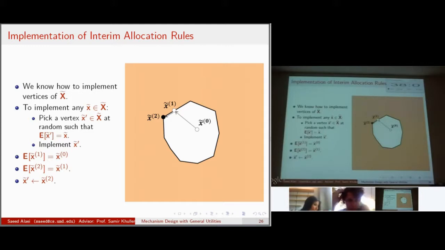Basically, what you want is that if I give you a type profile, I'm asking you to give me an allocation which is drawn from the distribution specified by the ex post allocation rule. And to draw an allocation from that distribution, what you can do is the following. You take this interim allocation rule, you round it to a vertex, and then for a vertex, you know how to implement. You just take the vector which is normal to the separating hyperplane and optimize along that vector over each realization of your